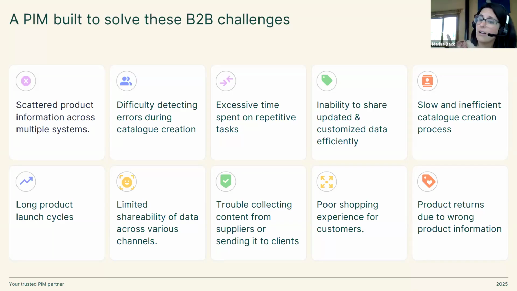So we've been able to find ways to host catalog complexity so that you can make sure you're collecting all the technical specifications, you've got your marketing tied to your product information. I'll talk about it later, one of our B2B functionalities is going to be our instant catalog. We've been able to create a specific catalog that you can create per brand, per client, because we know that you're going to be dealing with different distributors, different suppliers that are going to have maybe different pricing, different product grouping. And so those are probably some of the two ways that we make sure that we've got a PIM that can service those B2B challenges: ease of use, and being able to quickly produce any kind of catalog per end customer.